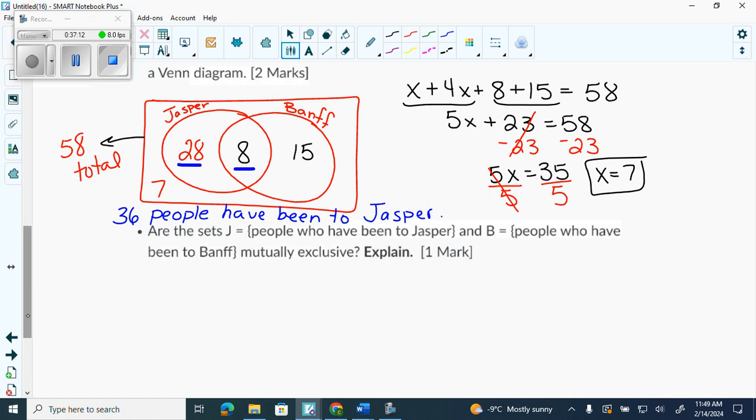Are the sets J, people have been to Jasper, and B, people have been to Banff, mutually exclusive? Mutually exclusive means like disjoint, nothing in common. No. So no, the sets J and B